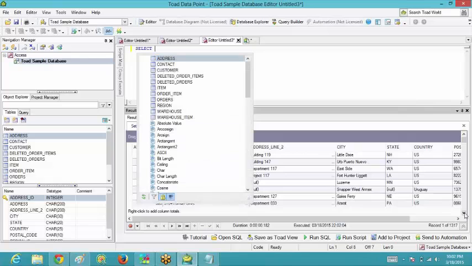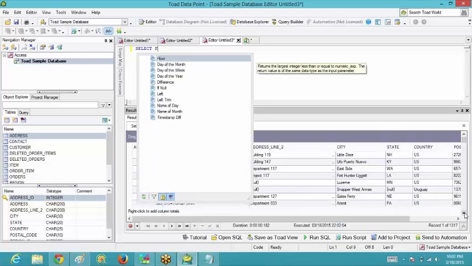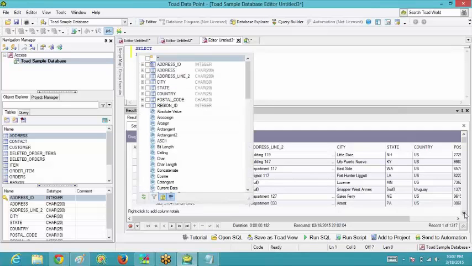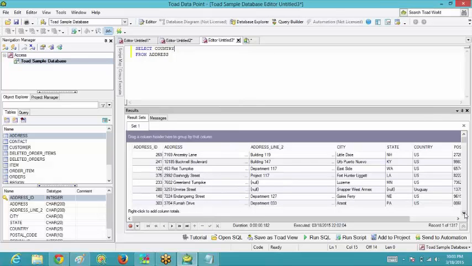Firstly, from the address table. Now what all things do I want? I want to get the country, so that I'm able to see which country is repeating how many times.